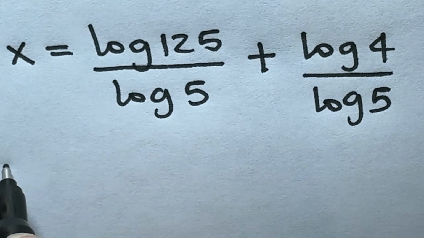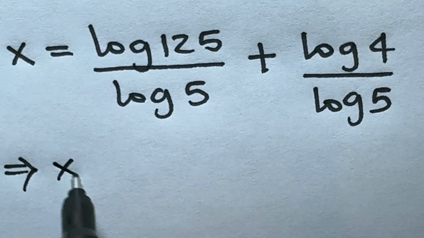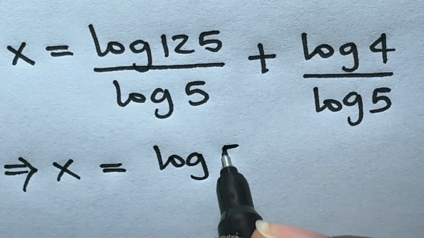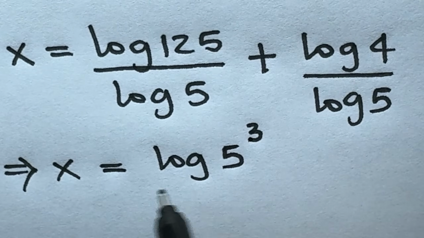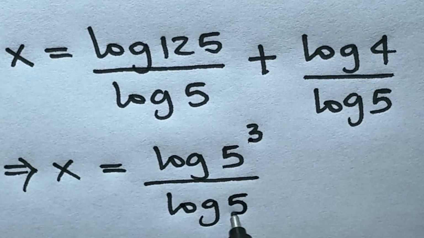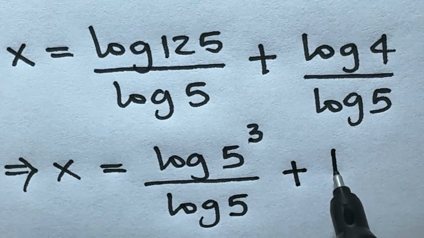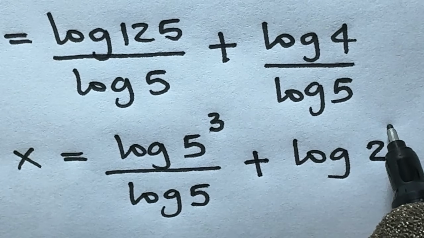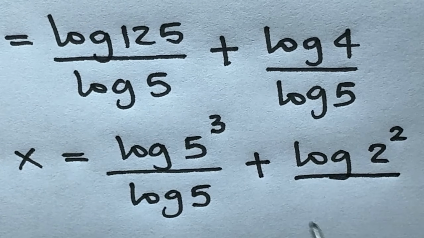This would then imply that x is equal to log 125, which is log 5^3, divided by log 5, plus log 4, which is log 2^2, divided by log 5,